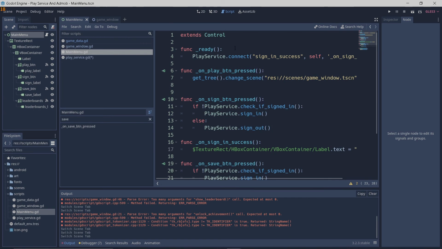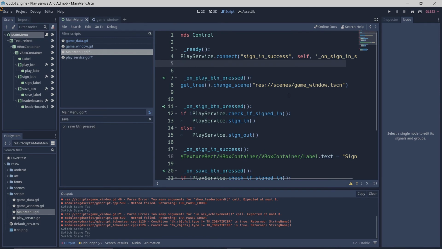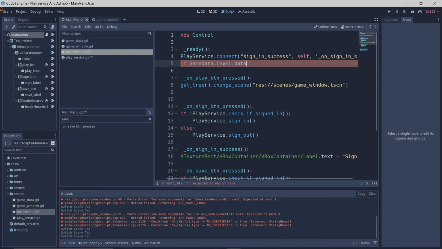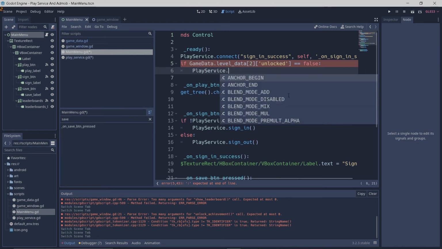So yeah, normally what I do is, on ready, after signing in, if level data and the second level unlocked is equal to false, then play service dot